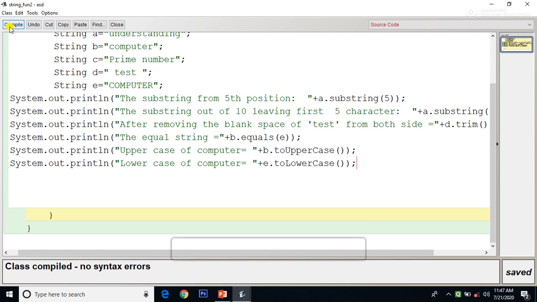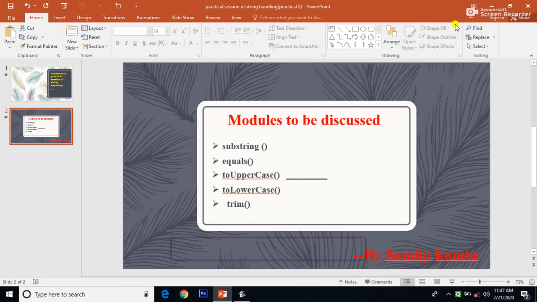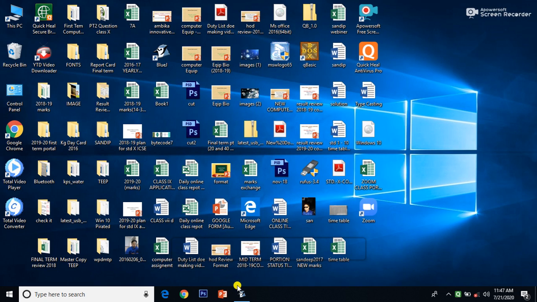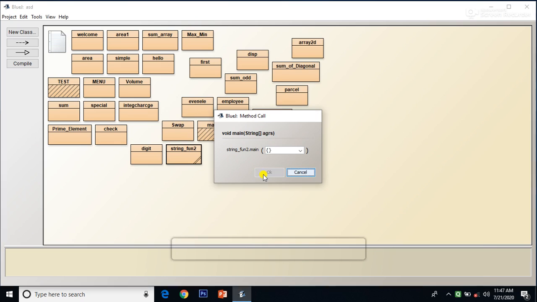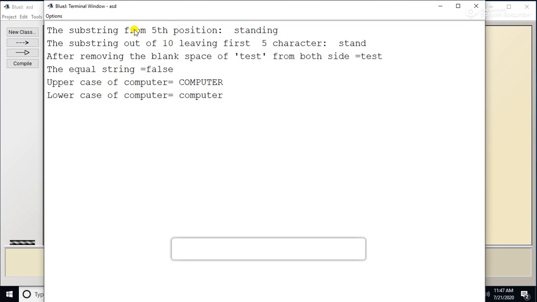Let's check by compiling and running both. Okay, this was my class. Go to the main. Okay, check it: the substring from the 5th position of understanding, it will remove the characters before the 5th position. It is displaying the substring out of 10, leaving the first 5 characters. So from understanding, the first 5 characters will be removed,